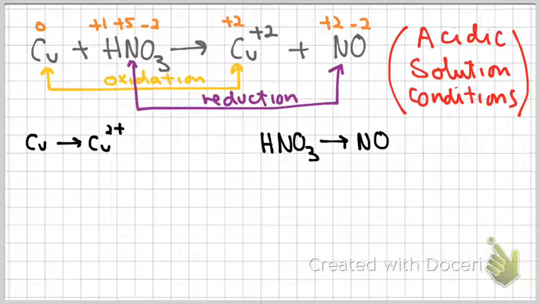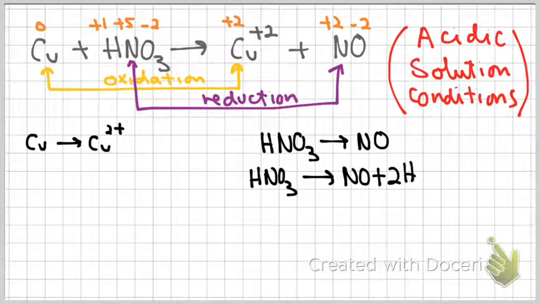On the left side, I have pulled out the oxidation of copper, and on the right side, I've pulled out those species associated with the reduction of the nitrogen. What we're first going to do is go through both of these equations and balance them atomically. Well, obviously, the first half reaction with the copper, it's already balanced atomically. So we move to our second half reaction, our reduction reaction, and let's go ahead and take care of the